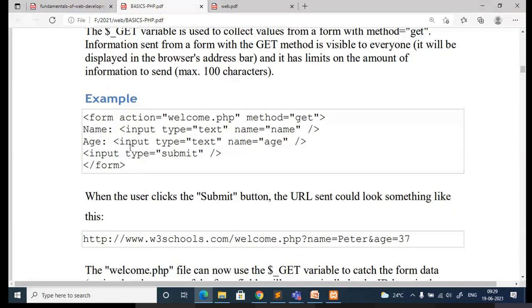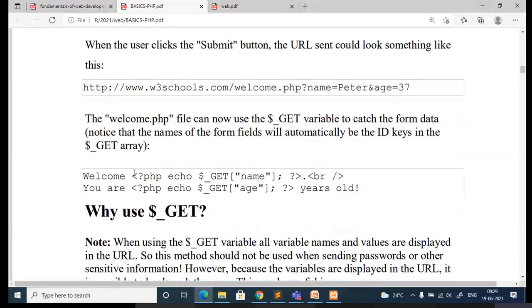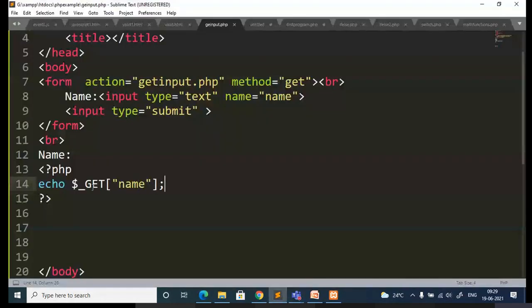But here, I am not able to print. Okay, the same thing I have written. Can somebody quickly identify what the mistake is?